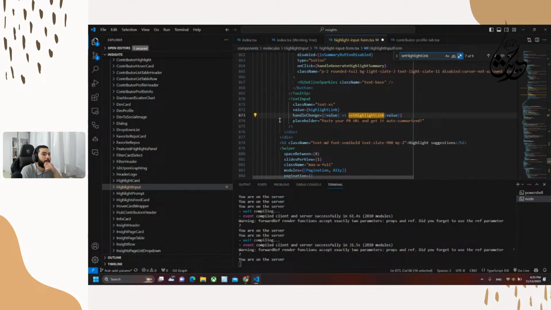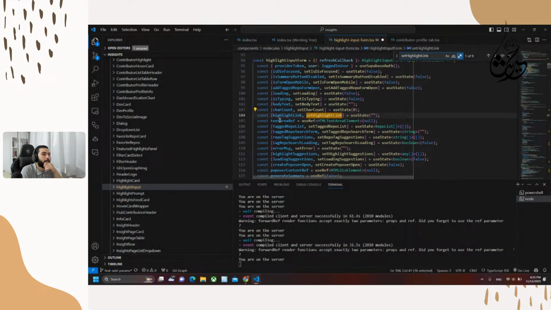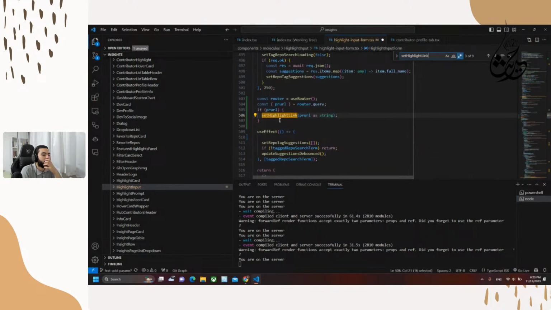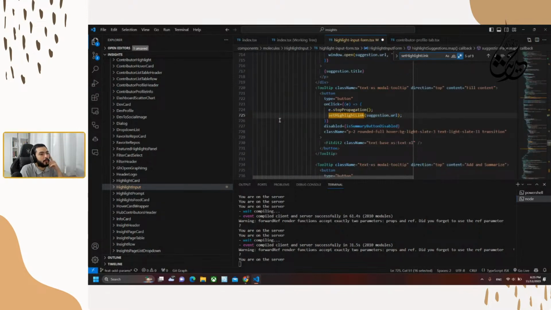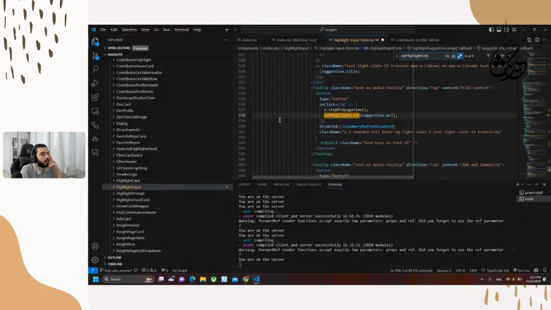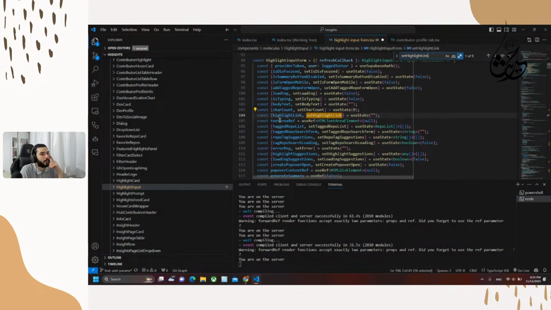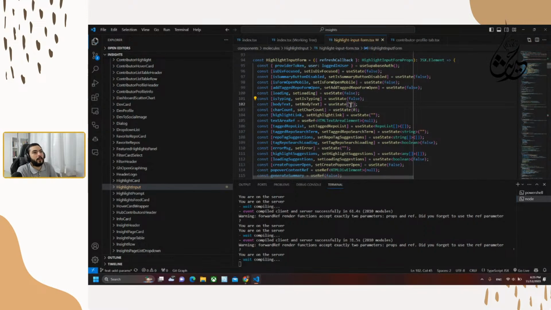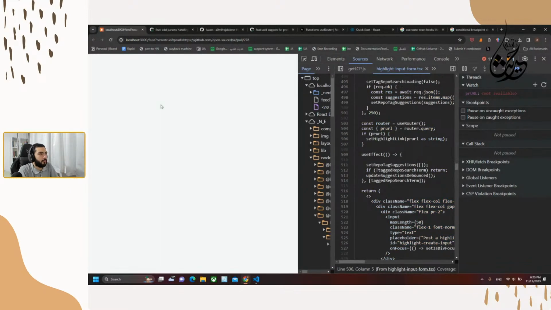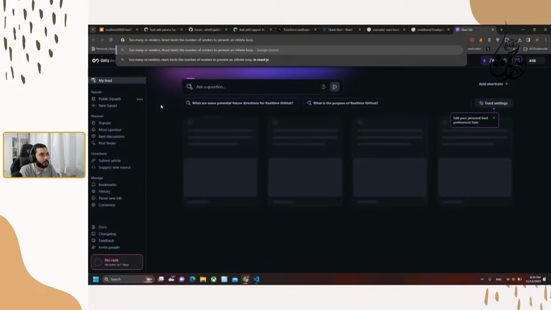We are using it as a state. I could, but okay, too many renders because of the React hook.